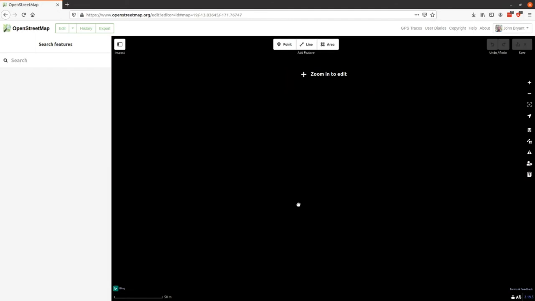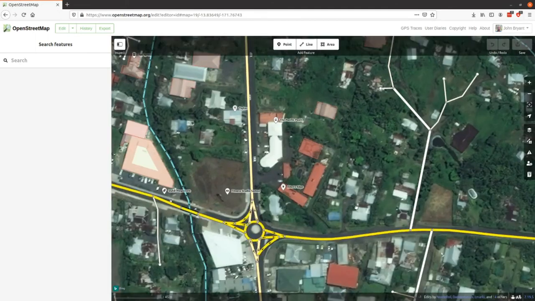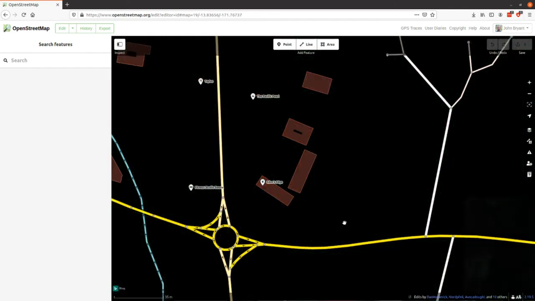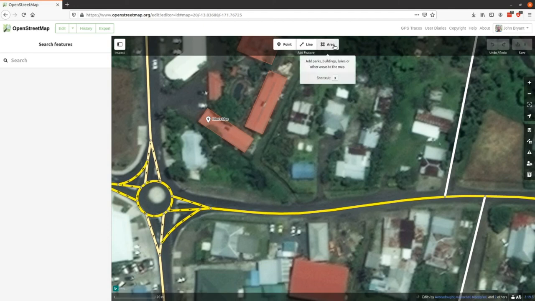And it brings up a satellite image with the lines laid over top of it. So now we can actually trace these buildings. So I'm going to trace this one here just for an example. So I choose area, and then I just trace the shape of that building,